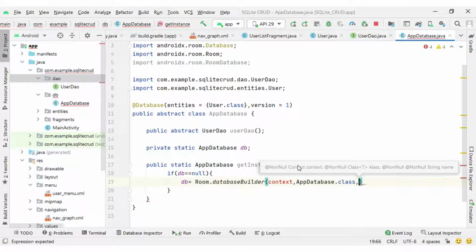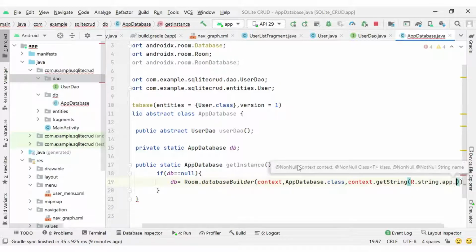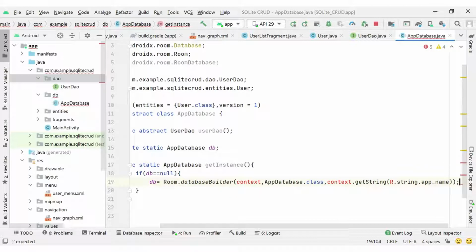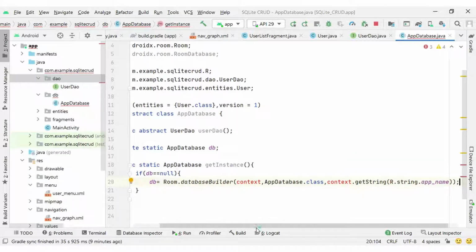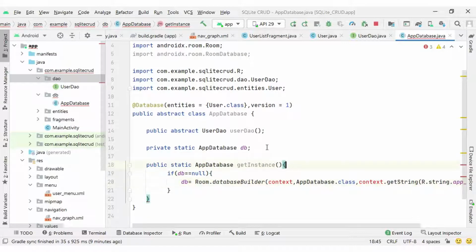that is the database name. The database name here I am going to get from context.getString(R.string.app_name). So I have given the app name as our database name, and we do not have context here because we are not inside an activity or fragment, so we can pass context as an argument.